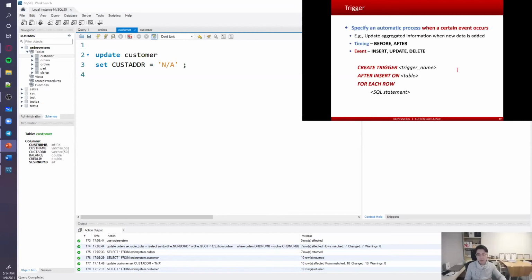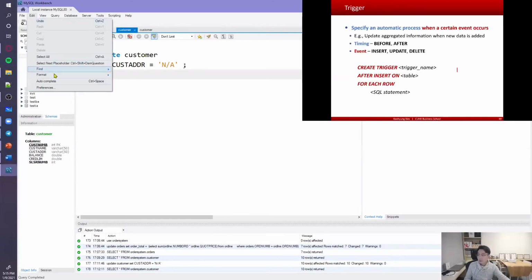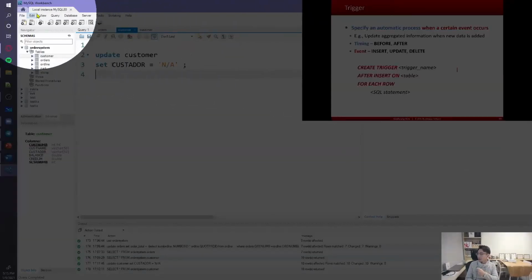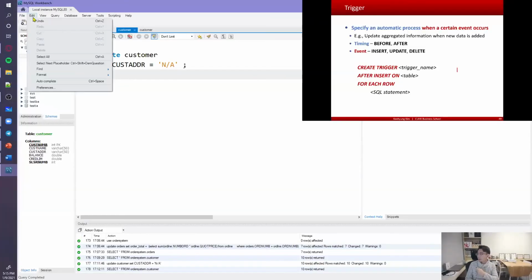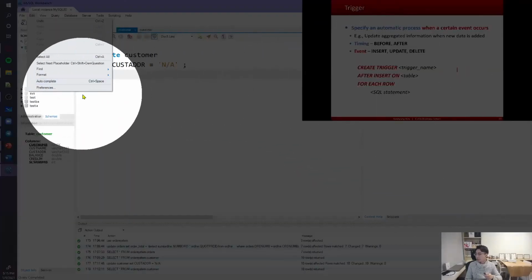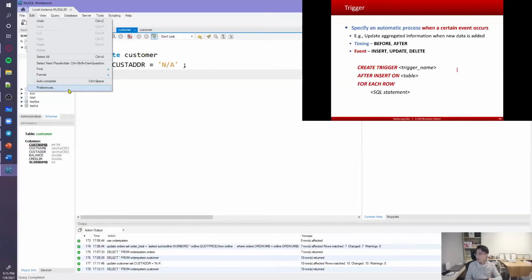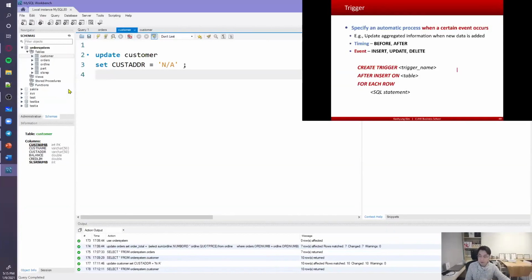The next thing, the query editor. So where is the query editor from? Again, here on the edit menu on the top, there is a preference option here at the end. So, edit menu and preference. And if you go there,